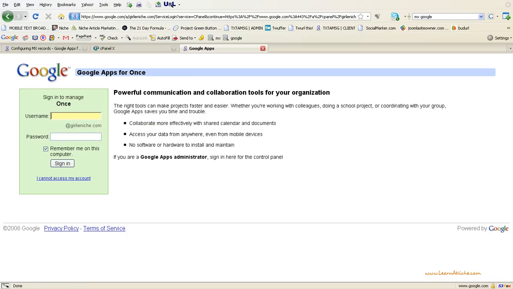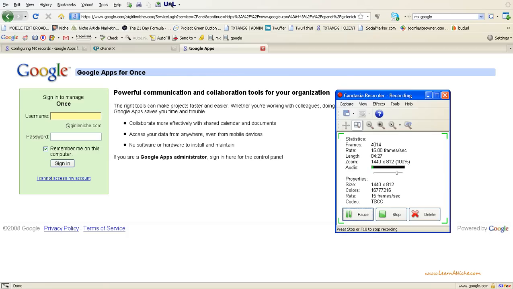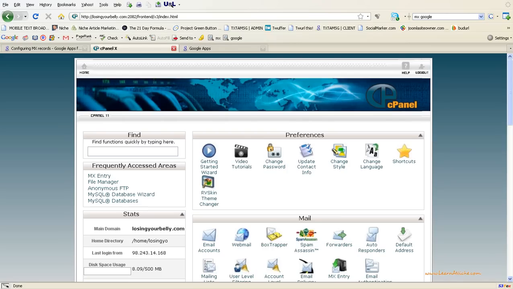Okay, now there's a couple other things you still need to do. You're not quite finished yet. You have to change your MX records at your hosting provider in order for this to work. So let's go on over for that. Now if you're like me, I use the hosting provider that has a cPanel set up. So if you want to find out if you have a hosting provider that has that option, you just put your domain name in